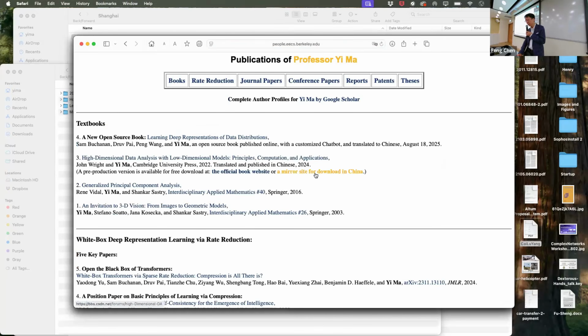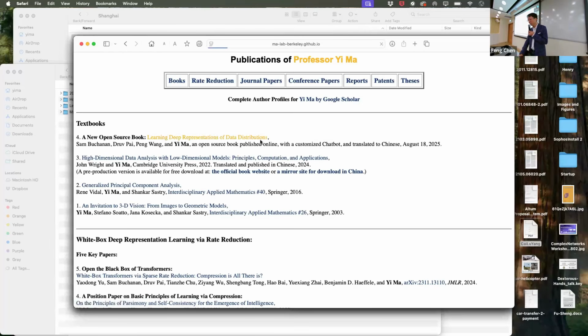It took about 4 professors about 2 years to translate this to Chinese. There's a Chinese version published in 2024 by China Machine Press, from Cambridge University Press. It took about 2 years. We worked very hard. So that was the previous book, in a very traditional way.